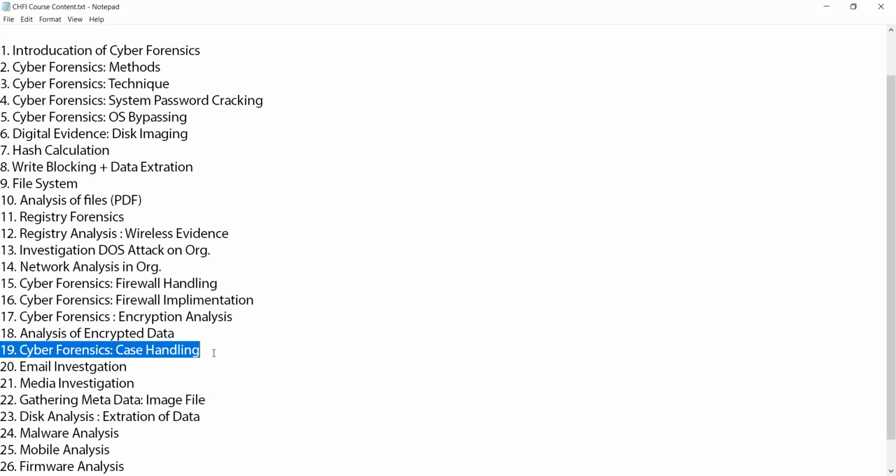So we will see how we can perform some case handling procedure over that particular image file, right? So the next thing is email investigation. So what is that email investigation, guys? This is the next module, and sometimes cyber investigators face a type of issue, like if the cyber